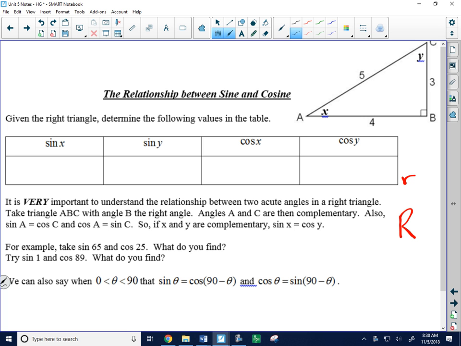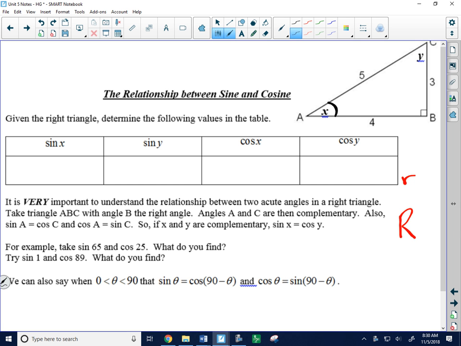Okay, so great thing about this, just to finish up this section, we've actually already done this. But I want to hit it more thoroughly because it's an important standard. So let's just fill these in. Take a minute for me. Go ahead and fill these in. Sine, this is just ratios. Just ratios. So here, I'll do sine of x for you, and then maybe you can finish up the other